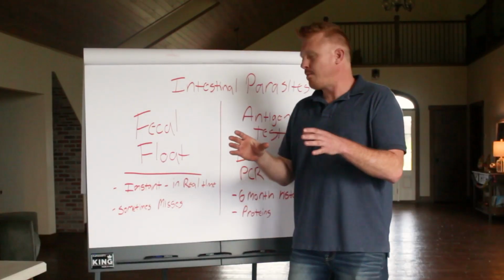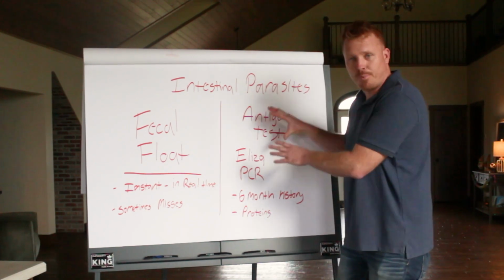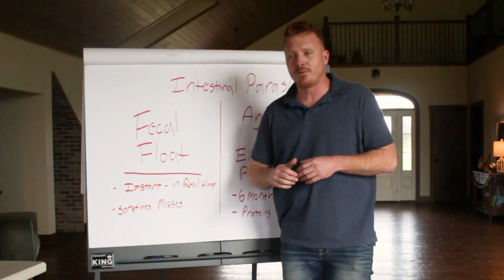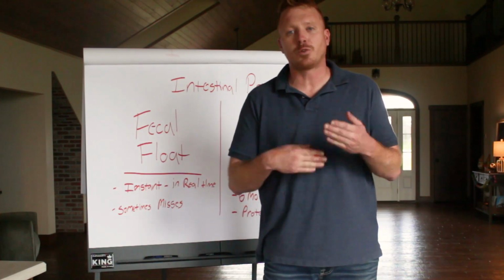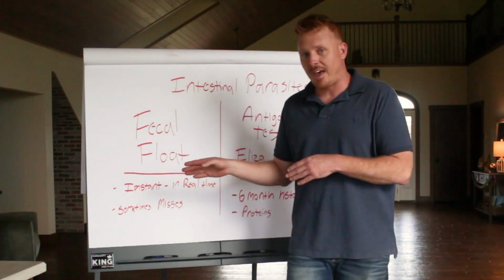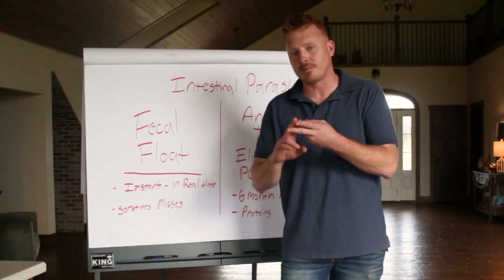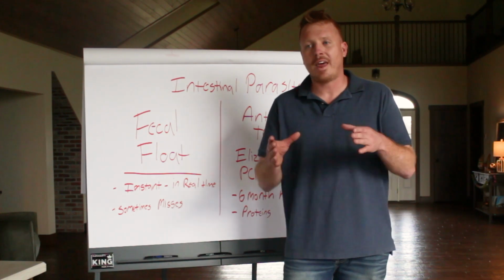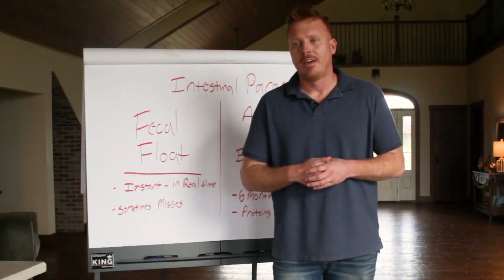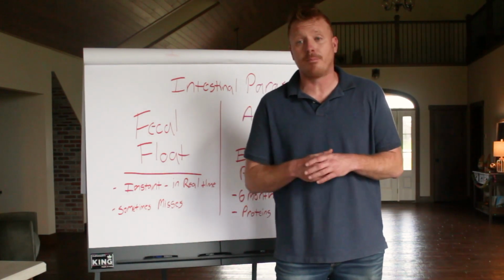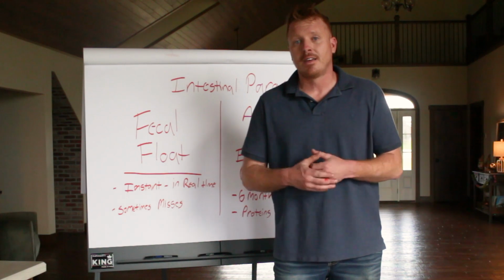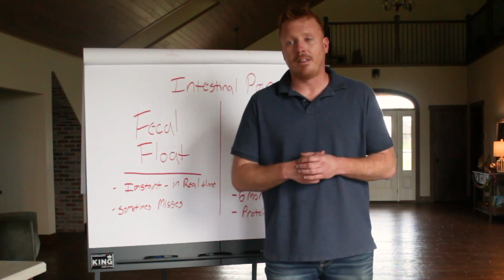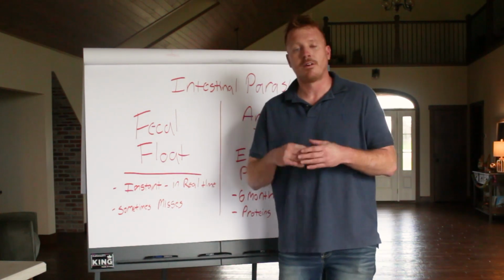And so rather than rely on an antigen test, which I do think has a point or a place in certain instances, just not with puppies, I would rather go with a fecal float exam and to look at actual real-time data. In addition to that, you always look at symptoms. So if your dog has loose stool, that's an indicator. And then lastly, you look at what has been done in the past. What's a treatment plan that has been done? And if you have a vet or a breeder that is disciplined and organized and has been diligent in taking that puppy through that prevention plan, a lot of times that is all you need, a fecal float and looking at symptoms.